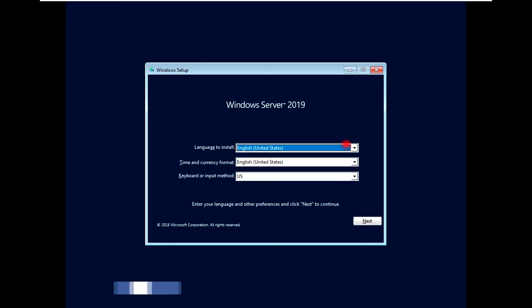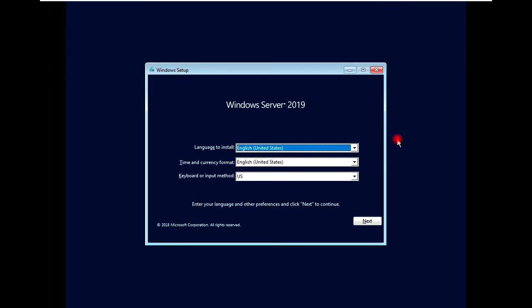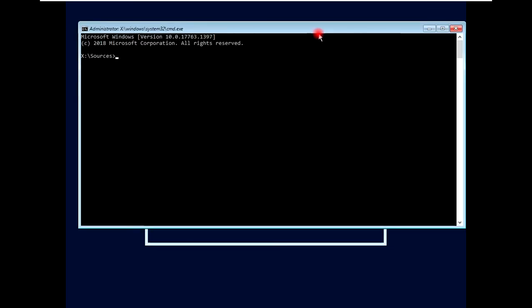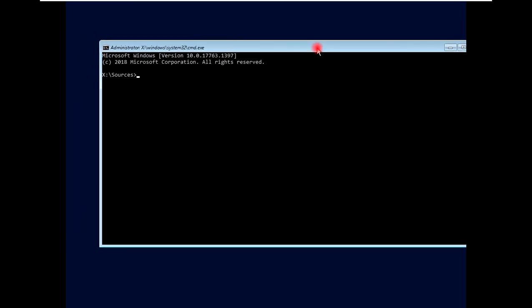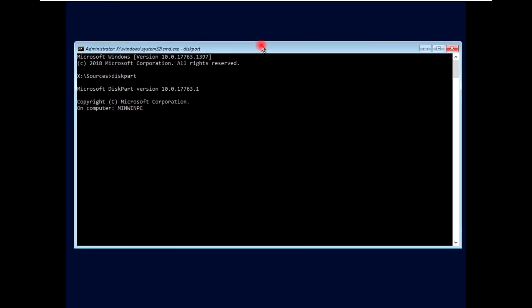At this stage you have to press Shift plus F10 to go to the command prompt. I will go ahead and press Shift plus F10. Command prompt has been opened now. I will type here diskpart. I will type here list vol.